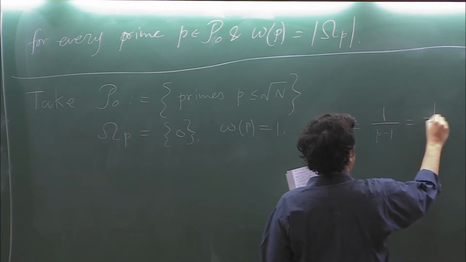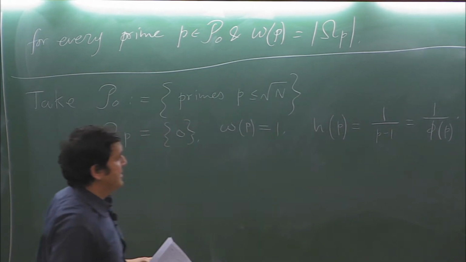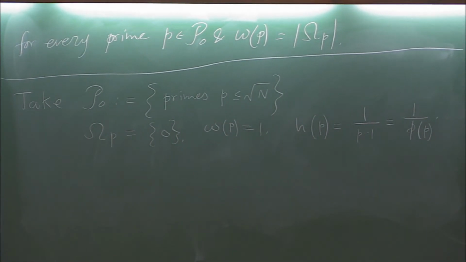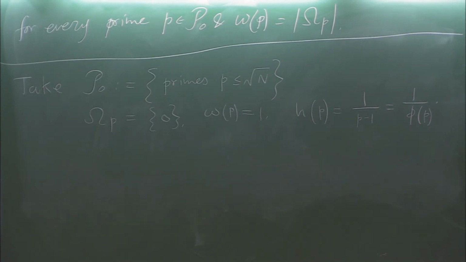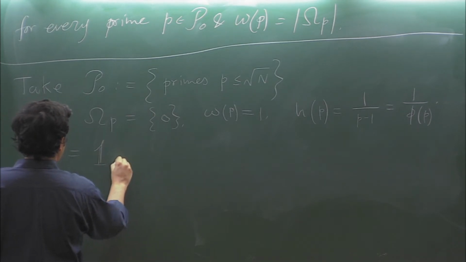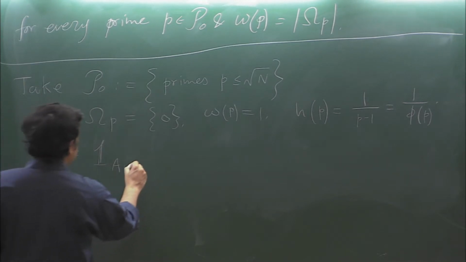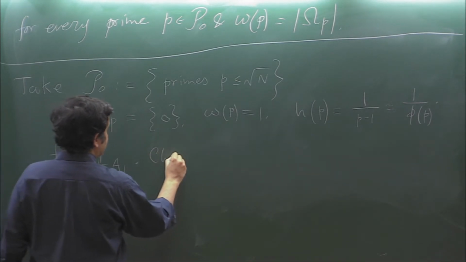This is just 1 by phi of p, where phi is the Euler phi function. Okay, and our function f is going to be the indicator function of A1. So the support of this function is A1, so we need to check that